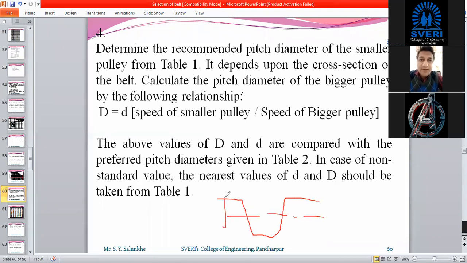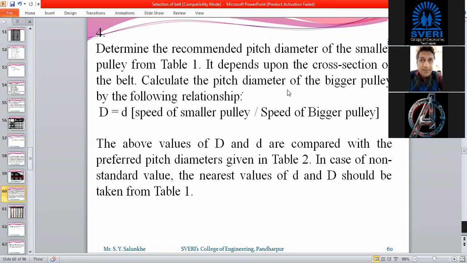If suppose this is the outer diameter of that pulley, D1, and this is the inner diameter of that pulley, D2, then we can consider this as the pitch diameter, and this pitch diameter is taken into account for the calculation. Got it? That's why we are going to determine the recommended pitch diameter of the smaller pulley from the table which we are going to see in the next slide. It depends upon the cross section, that is A, B, C, D, E.